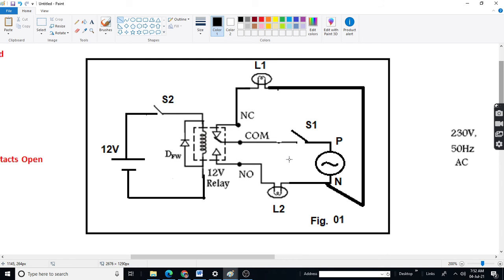See, assume that S1 is closed. Assume that S1 is already there.